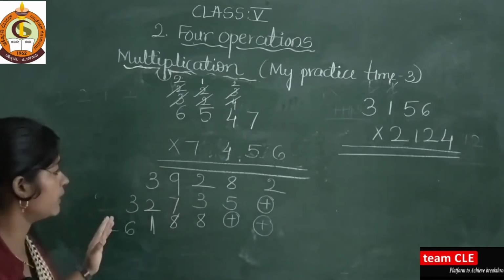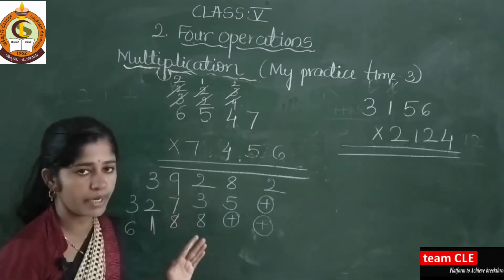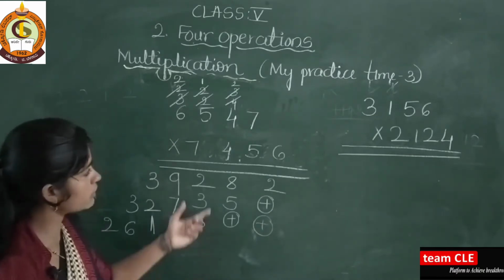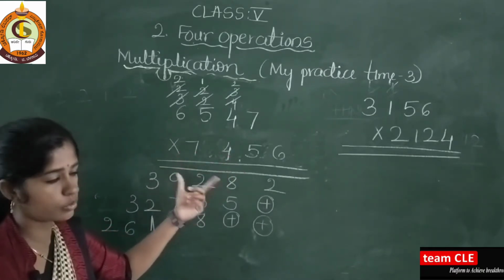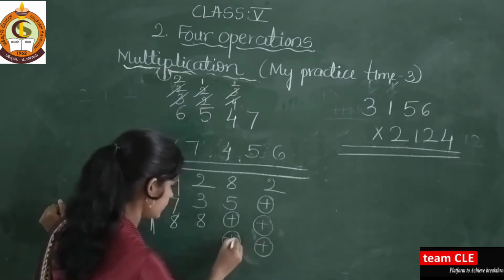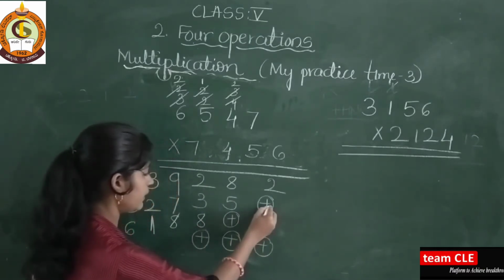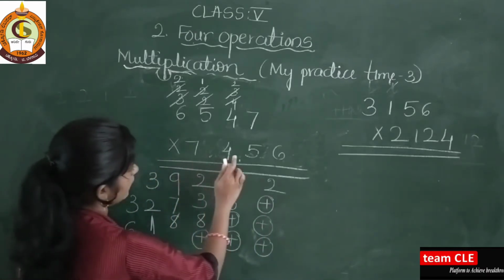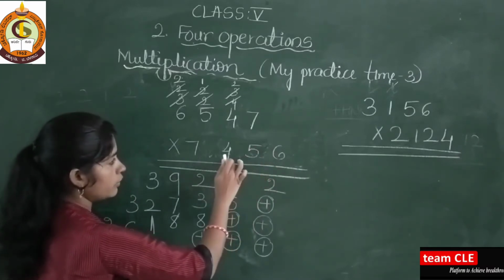See here, while multiplying these numbers you make sure whether our product is correct or not, because here the digits are more. So leave one more digit. Here I left 1 digit, here 2 and here 3. Next, here 6 is over, 5 is over, 4 is over.